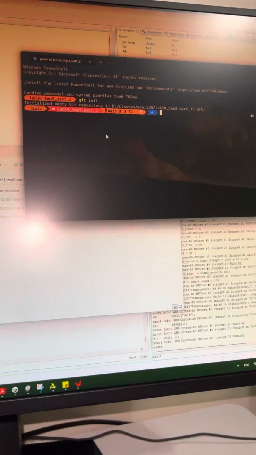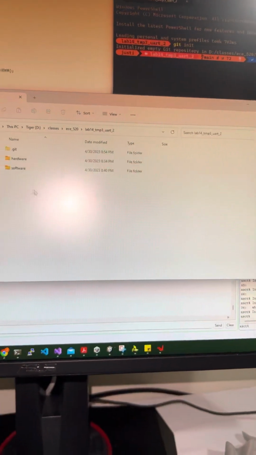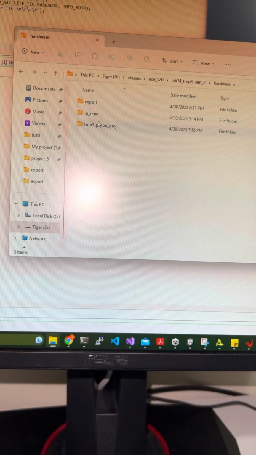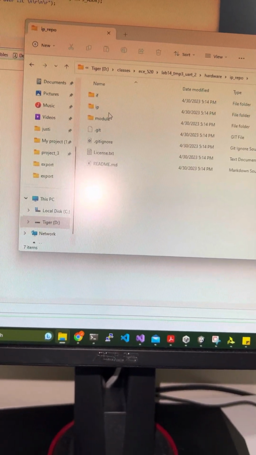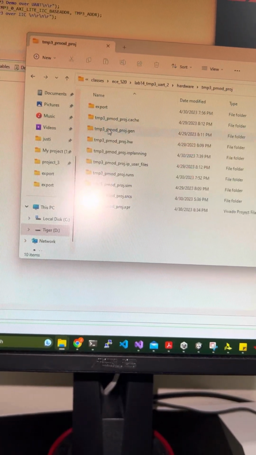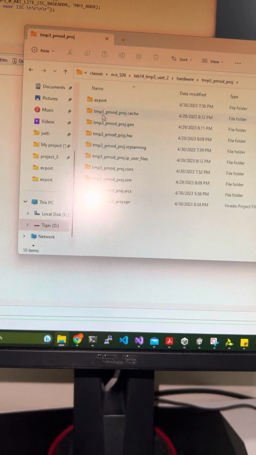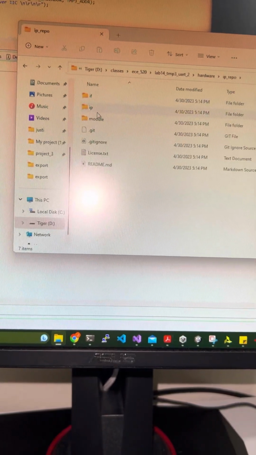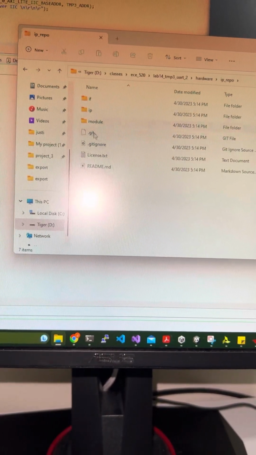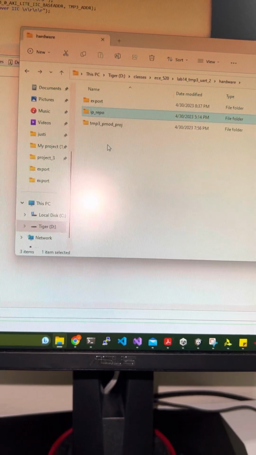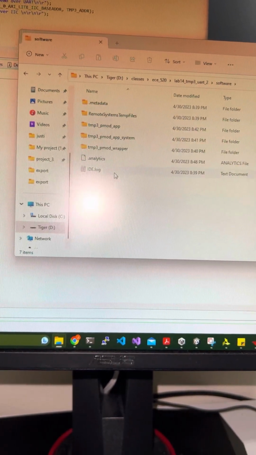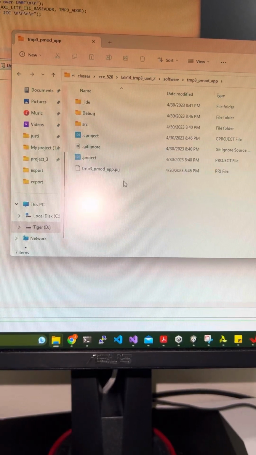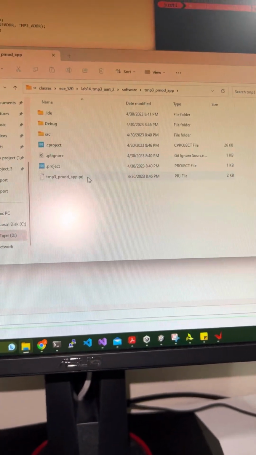then, so this is how you set up a Git repository. So I have the export in there, an IP repo, TMP3. That's what I called my project. So this IP repo is what I actually imported from Git. The software, this is where you have the app and the app system files. So yeah,